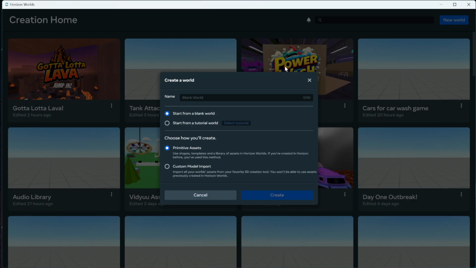We're going to start by creating a new world. We're going to start with the blank world. Also, you have to be 18 plus. Sorry, children, I wish that wasn't the case, but unfortunately it is. We're starting from a blank world. I'm going to use custom model import, and we're going to call this IWP tutorial, and today's date is